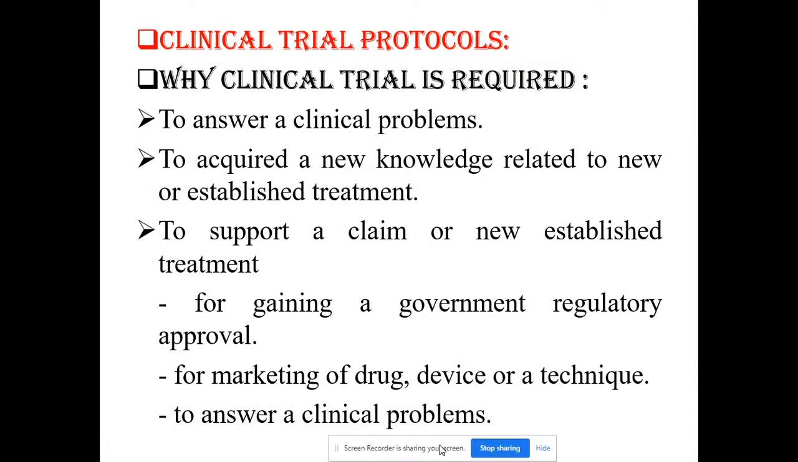Good morning, students. As I told you in the last lecture, I have completed the syllabus of Unit 2 and Unit 3, and now I am going to start with the syllabus of Unit 4. So, students, according to our regulatory affairs syllabus, the first point which we have to study